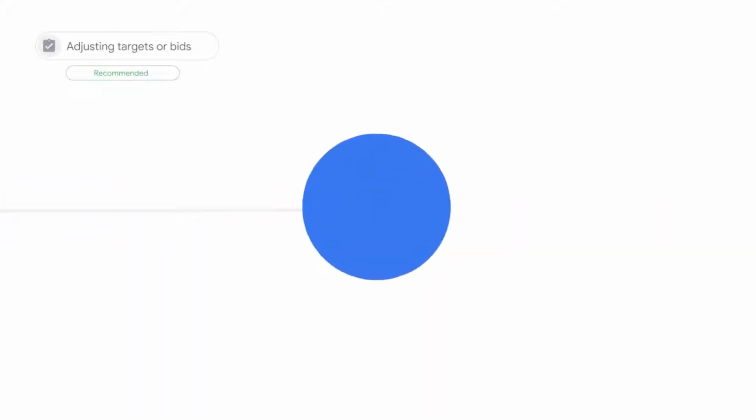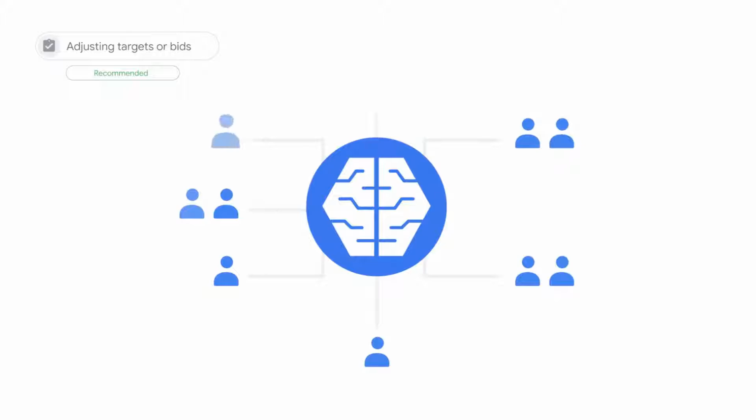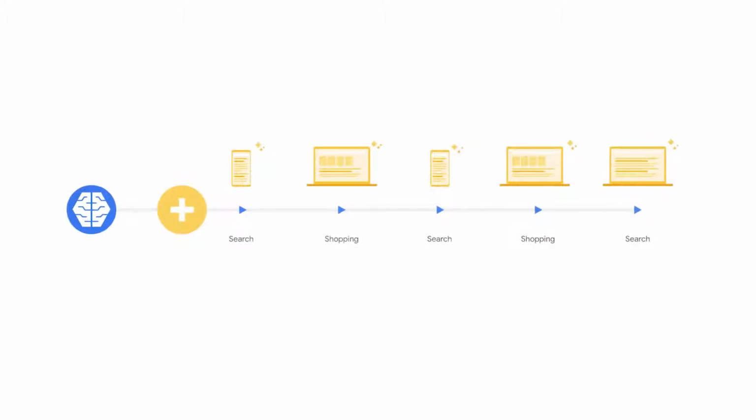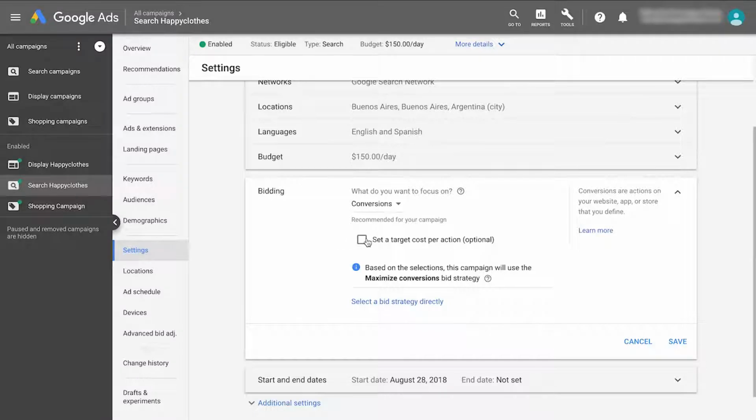The recommended bidding approach is to adopt smart bidding in Google Ads. Smart bidding uses advanced machine learning to help you tailor the right bid to each and every auction. Smart bidding is most powerful when paired with non-last click attribution, since it optimizes bids for your customer's entire conversion path. If your account is not on smart bidding and you'd like to use it with your non-last click attribution model, you can make this change instantaneously after changing your model.